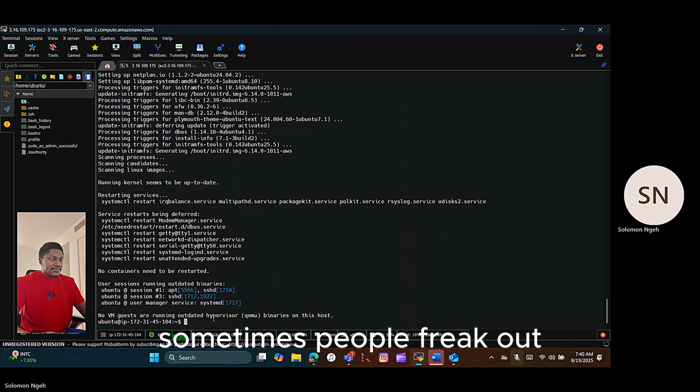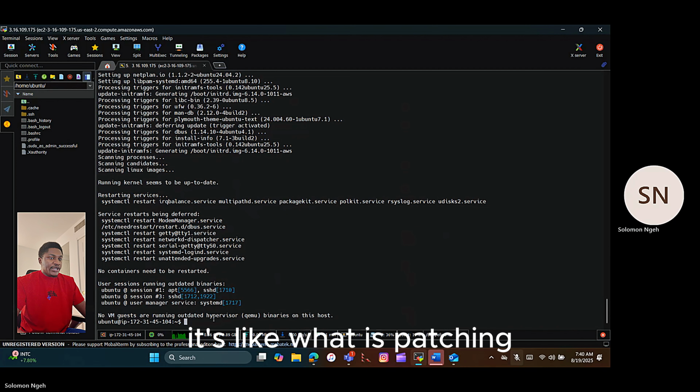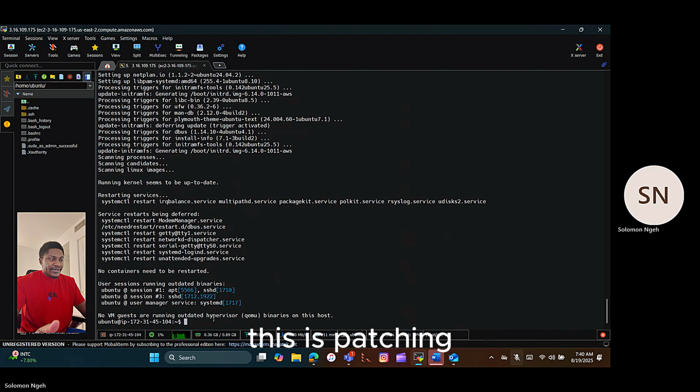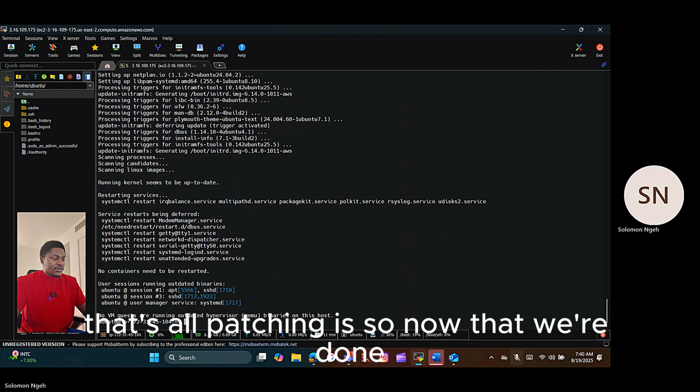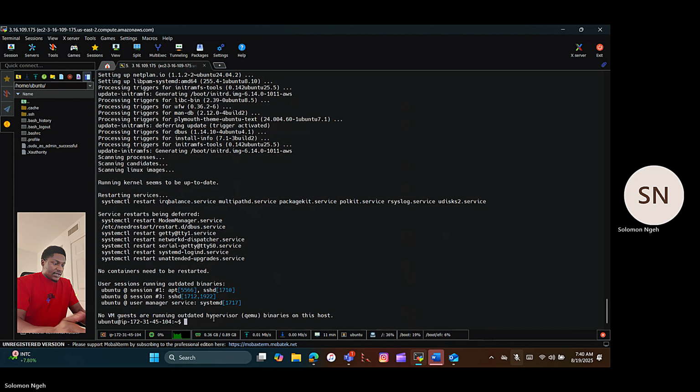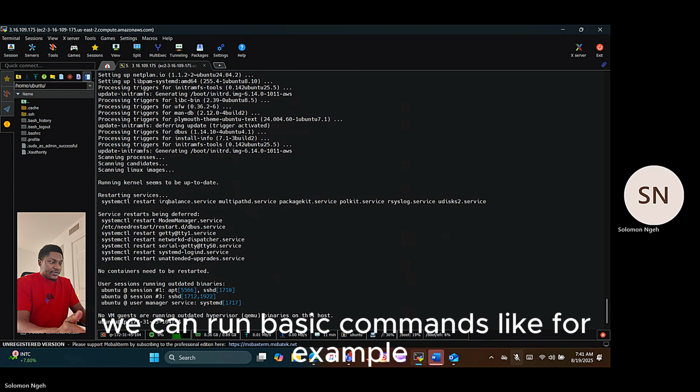When we talk about patching, sometimes people freak out. It's like, what is patching? This is patching. Patching is just updating your systems, making sure everything is up to date. That's all patching is. So now that we're done, we can run basic commands like, for example,